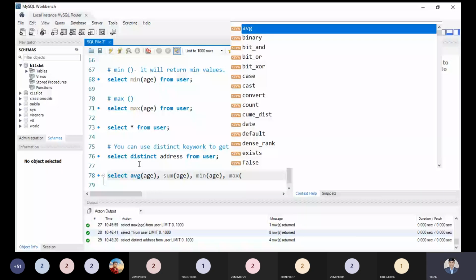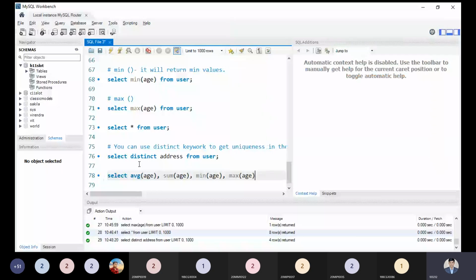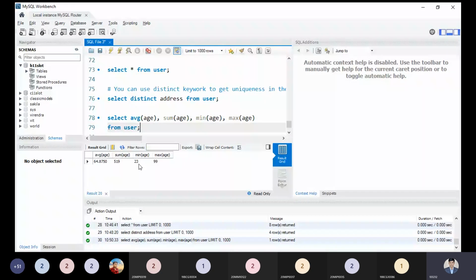Now I am selecting from which table. If I try to run this code, you will be able to see multiple pieces of information represented simultaneously in one way. So we are able to see average, sum, minimum, maximum.